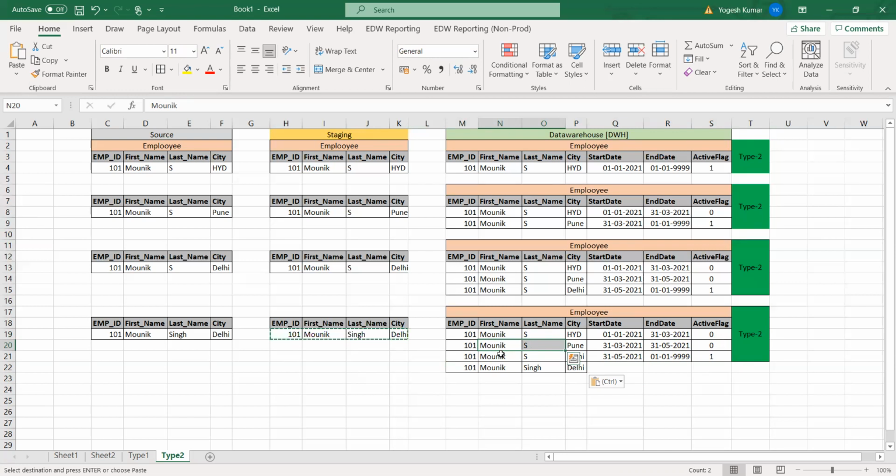We cannot change the history. If in 2001 our Prime Minister was Atal Bihari Vajpayee, can we change it to Rajiv Gandhi for 2001? No, right? History cannot be changed, for any record. This is the history of this record, and we cannot change it. So if there is any change in any record, we will always add a new record.